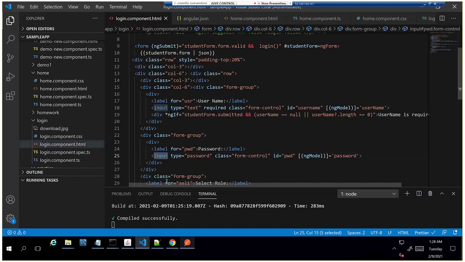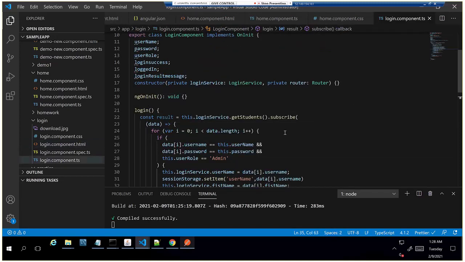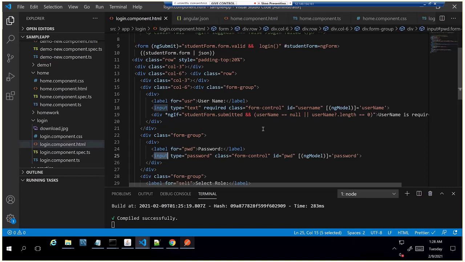These controls will be added to the form group, and we'll add all the validations, like Angular provides validators: Validators.required, Validators.maxLength. Those validators Angular provides by default. We can add those validators, do the validations and display the error messages accordingly. So tomorrow I'll explain both scenarios, the model driven and the reactive forms.